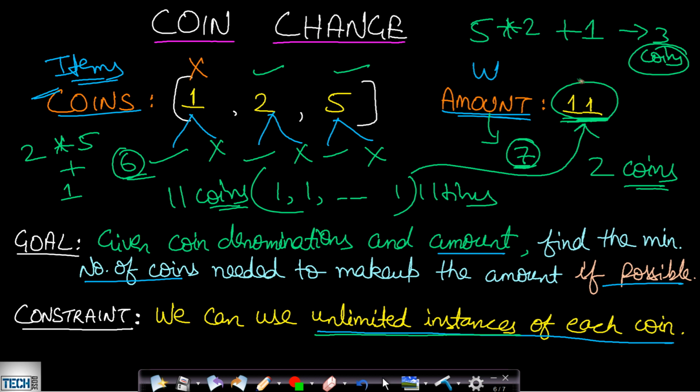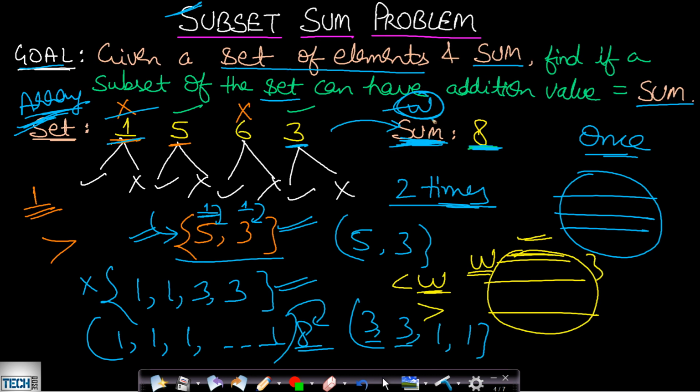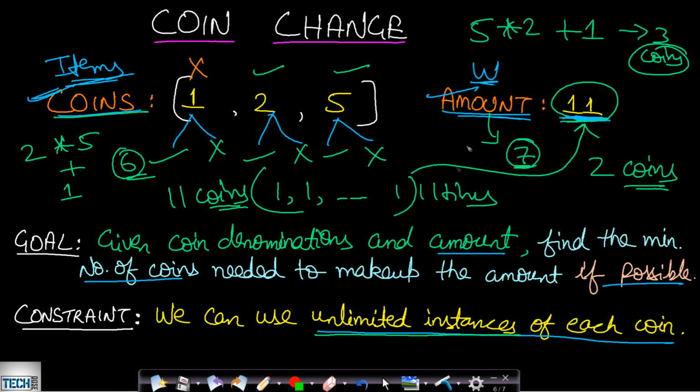So the important thing to notice here is we are given the coins array, which is nothing but this items array, and we are given the amount. We want to exactly form this amount. So this W is exactly similar to the W in our subset sum problem, where the sum should exactly be the same value. It should not be less than W, it should not be greater than W. So as I had said earlier, if you are given a bag and its capacity is W, then we want to exactly fill up the entire bag. We don't want to leave any space, and we don't want to exceed the capacity of the bag.